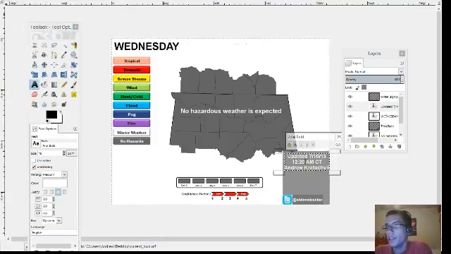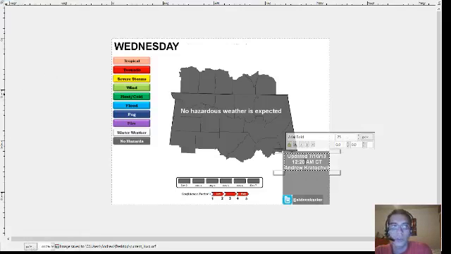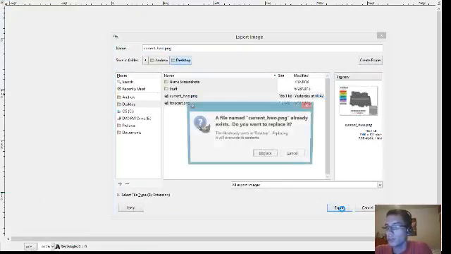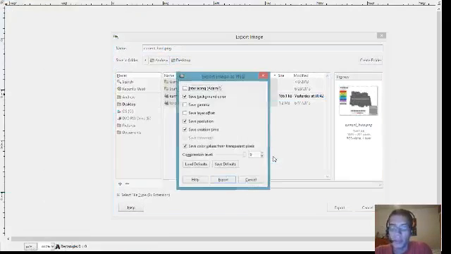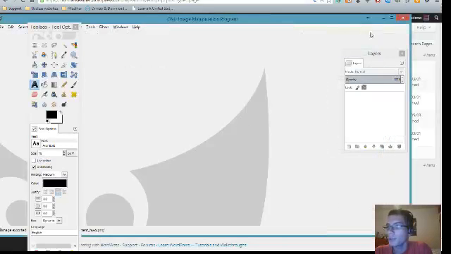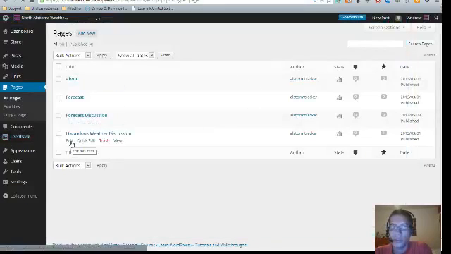Save that one, and then I have to export. Next is exporting to this right here. And that's current underscore hwo.png. Yes, I will replace that. Save, save, save. And we're done with GIMP. Nothing else necessary. And here's the hazardous weather discussion.